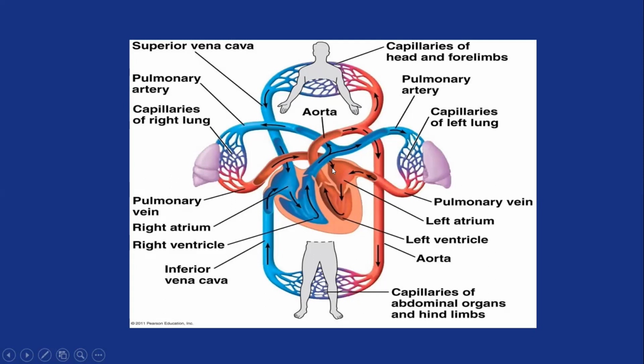From the left atrium, with the help of the bicuspid valve, blood goes to the left ventricle. From the left ventricle, the aorta pushes the blood out to the upper and lower parts of our body. So this is how our normal circulatory system goes. And in the upper side also, some sort of purification happens. You can see in the picture the lower part and the upper part, the deoxygenated blood and the oxygenated blood,